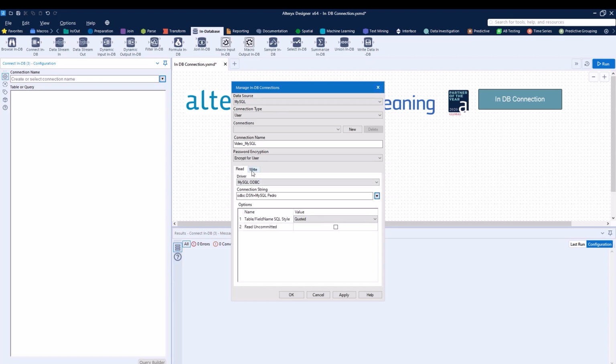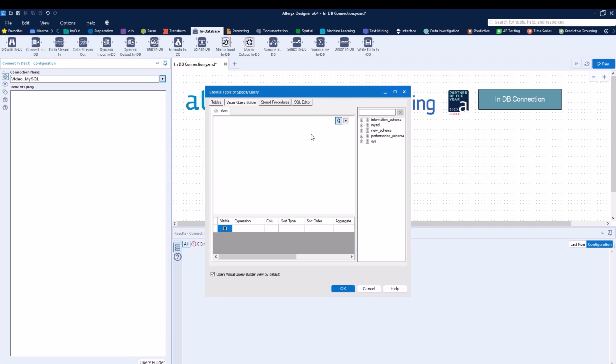Now we need to set up the write. I can click on the write. In this case, I'll be using the same as read driver, right? So the default option. But in case I need to do something differently, then I could use the MySQL ODBC connection and set up a new option. In this case, I'll do the same thing as the read driver, as simple as it is. Then I can just hit apply, and there you go. I've created my new connection. If I click OK,